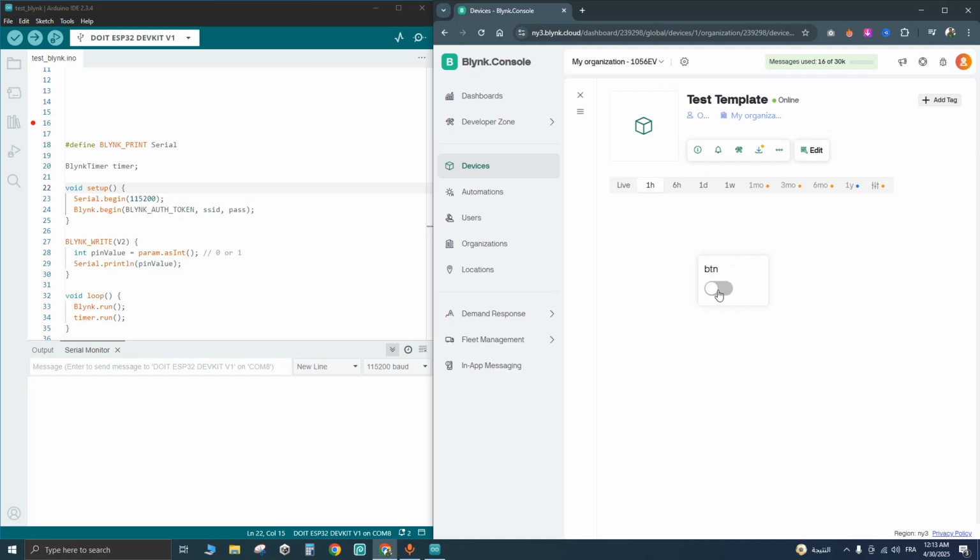Let's test the button to see its value printed on the serial monitor. And yeah, it works. As you can see, we printed the value on the serial monitor. Now you can upgrade this code to control a LED or a single device linked to your